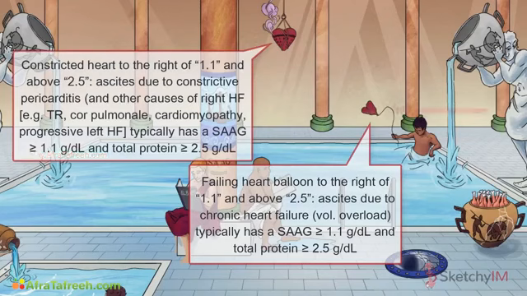increased central venous pressure. The ascitic fluid total protein is higher in these cardiac causes of ascites for two reasons. The liver, for the most part, is synthesizing all its serum proteins as usual. A higher serum total protein is correlated with a higher ascitic fluid total protein. And secondly, the buildup of venous pressure is occurring beyond the liver this time. Venous back pressure on the liver causes lymph and proteins to leak out of the liver into the peritoneal cavity. These etiologies, therefore, typically present with a SAG greater than 1.1 and a high total protein, over 2.5 grams per